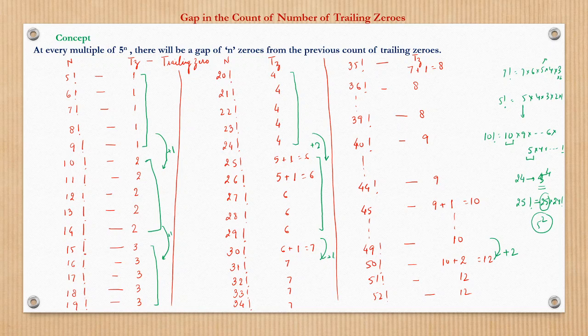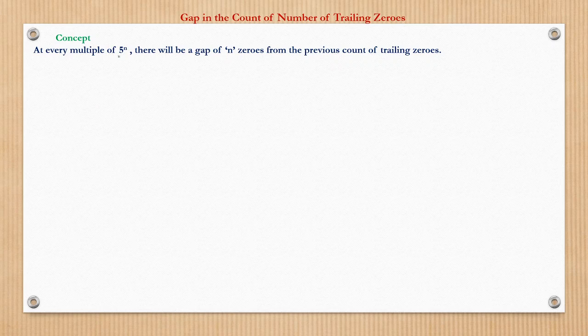So the concept says that at every multiple of 5 raised to power n, there will be a gap of n zeros, right? So suppose I want to find the trailing zeros, say n factorial is nothing but 124 factorial. So here the trailing zeros would be what? 124 by 5 the quotient is 24, and 24 by 5 the quotient would be 4 only, so it is 28 zeros,